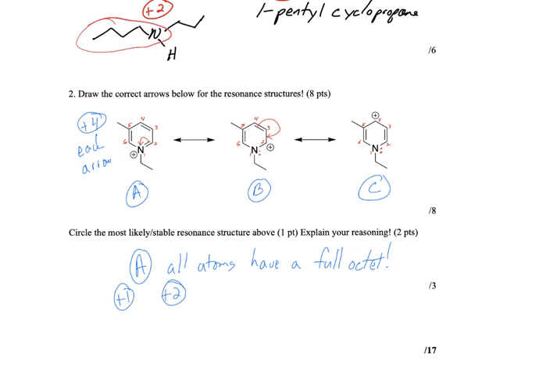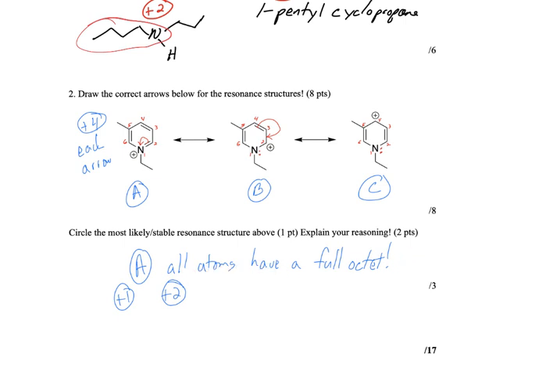Biggest thing I saw from folks, people try to move the plus charge with the arrows. The arrows move electrons, right? So you have to move a pi bond or a lone pair. Never move a plus charge. Pi bond moves here, makes a new pi bond, plus charge there. And then which